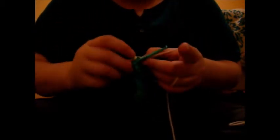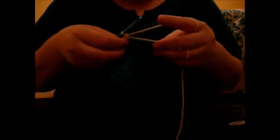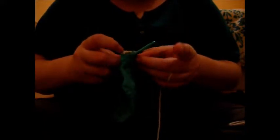Let's do another one. So hook through the next hole, yarn over, pull through that loop, yarn over again, so you're going to pull through both loops on your hook, and that is a single crochet. I'm going to do that all the way around, do a few more here, and then I'll show you the ending. Hook through the hole in the yarn in your piece, yarn over, pull through, and then yarn over and